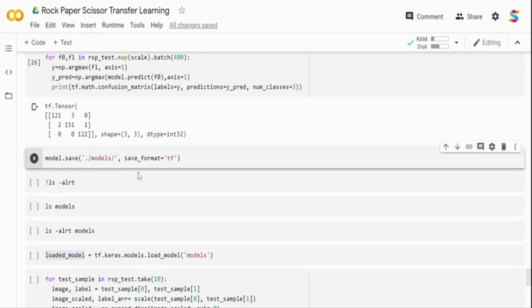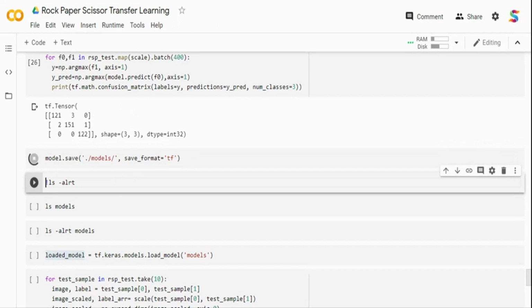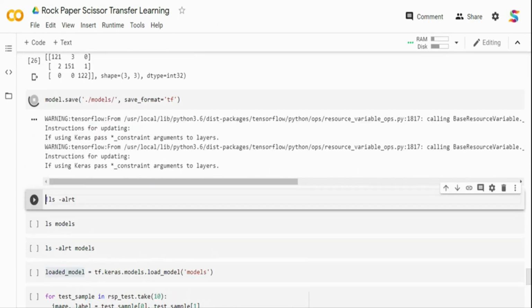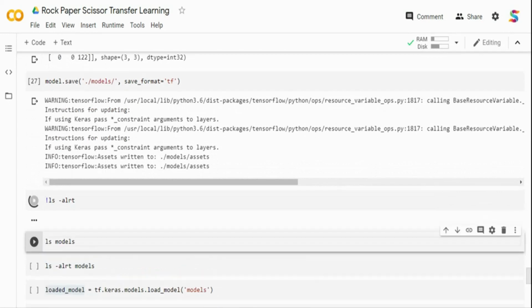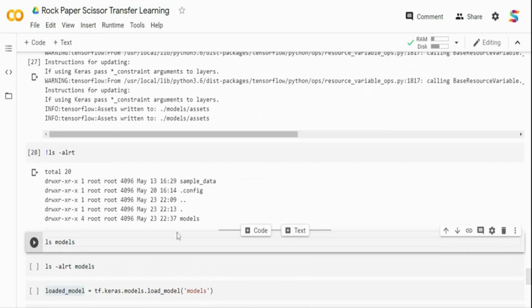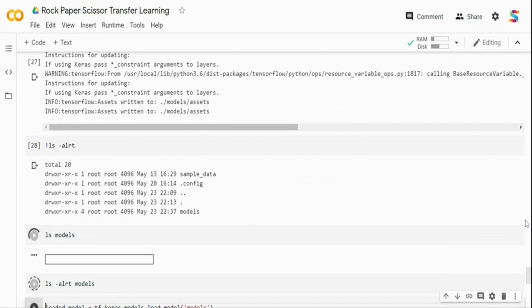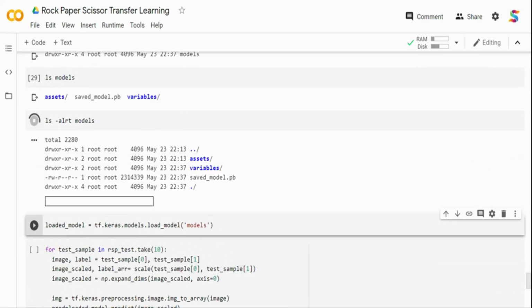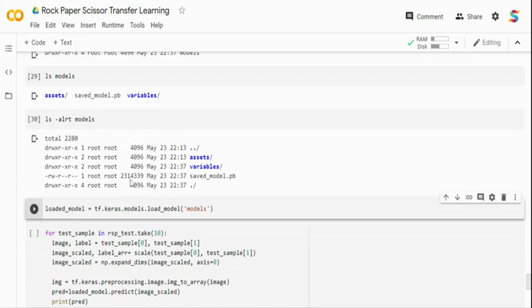What I can do is I can save the model. I can just do a model.save so that I can export it and run it anywhere. So this will get saved in the models folder, and I can print the output. Quickly, you can see the model is there, right? And I can see the size of the model, how big it is, because it's MobileNet, it's lightweight. You can see it's hardly around 2 MB, right? You can use TF Lite or quantization on top of it and make it even lighter. You can check my video, you can click the link on the top on quantization. I have videos for both quantization-aware training and post-training quantization. You can use any of it, and then you can compress the model.